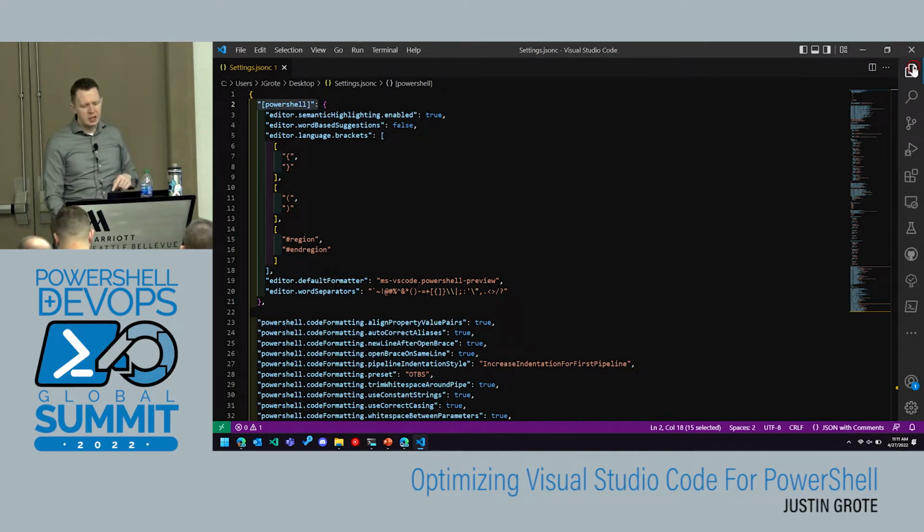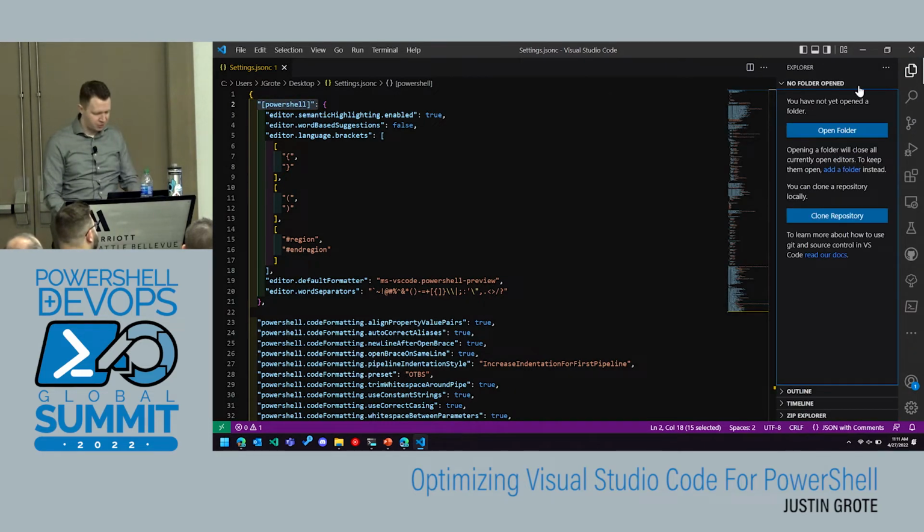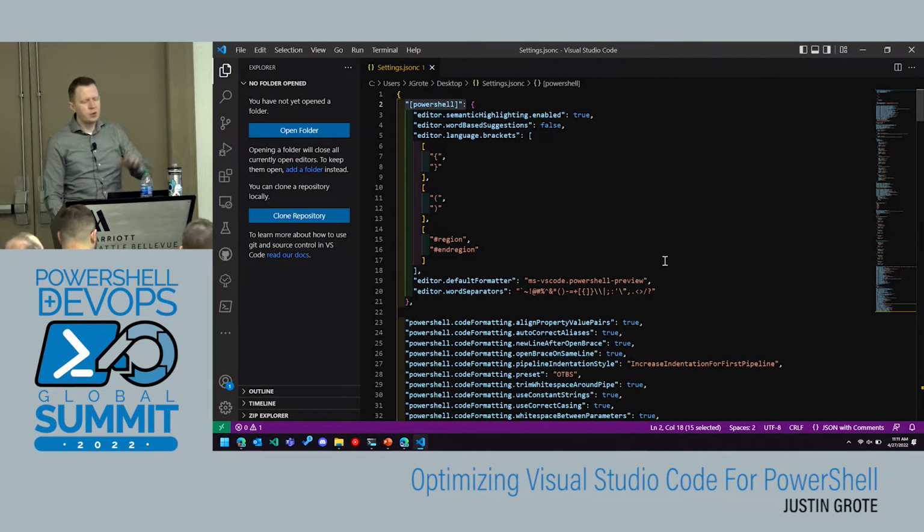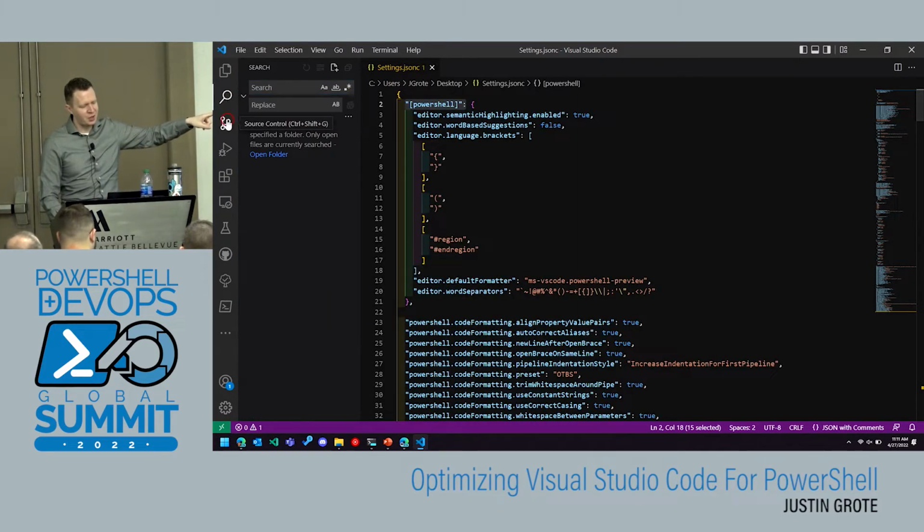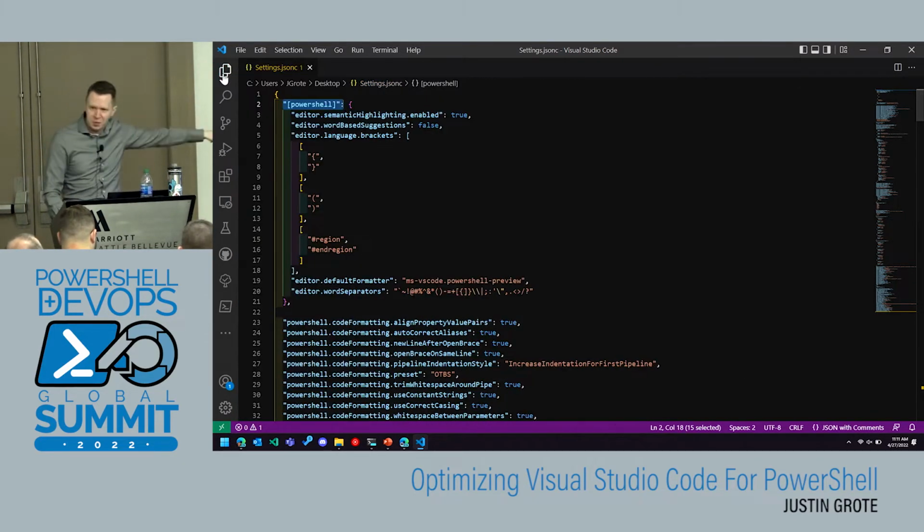I like to have this on the right side rather than the left side. The main reason for that is that when I do these things and collapse, my code doesn't move back and forth. It just keeps it in the same place. I'll go ahead and move this back to the other side to show what I'm talking about. If you come from Visual Studio, we're used to that, this doesn't bother you. But this super bothers me. Every time I go to something and come back and my code jumps back over,